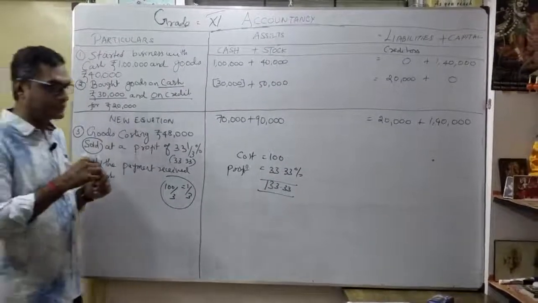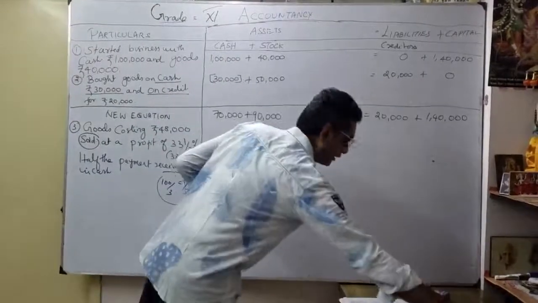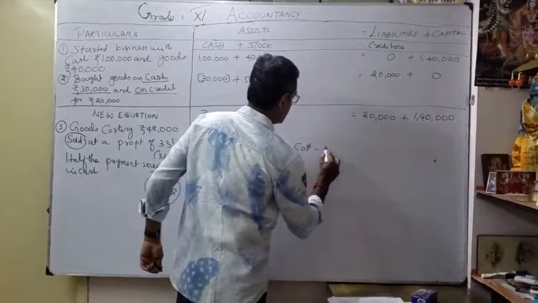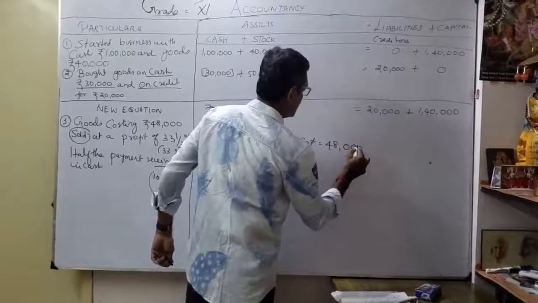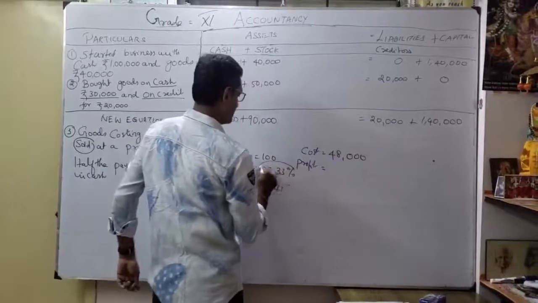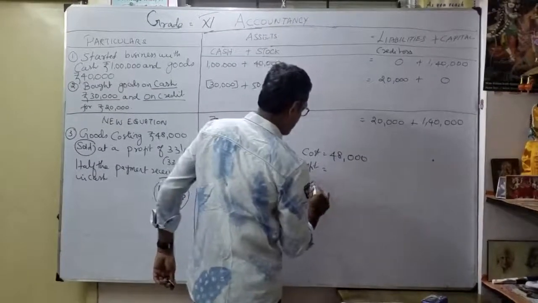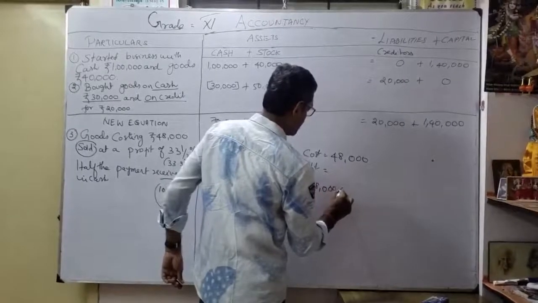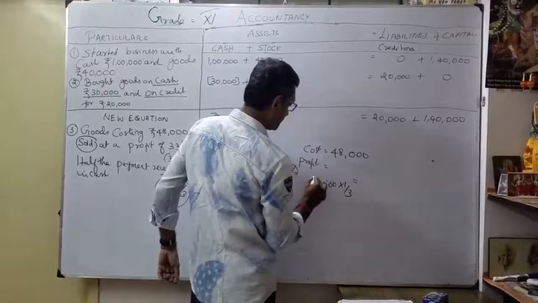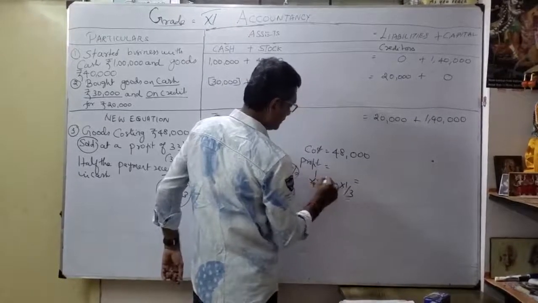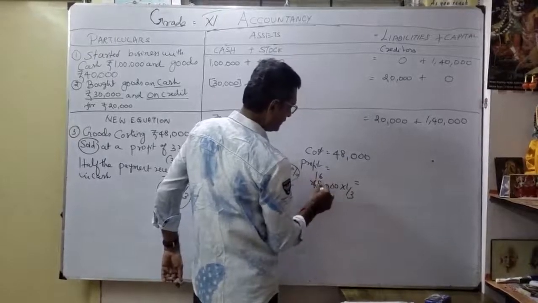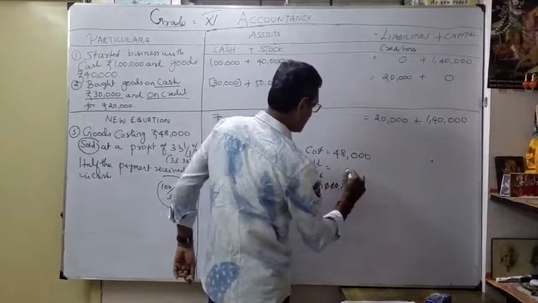Now see, you have to write the working notes in your notebook. I am telling you. So what is the cost? The cost is 48,000. The profit they are telling is the same, 33%. So 48,000 into 1/3. So what is my profit? You can simplify: 1 3s are 3, balance 18, 6 3s are 18. So finally, what is my profit?